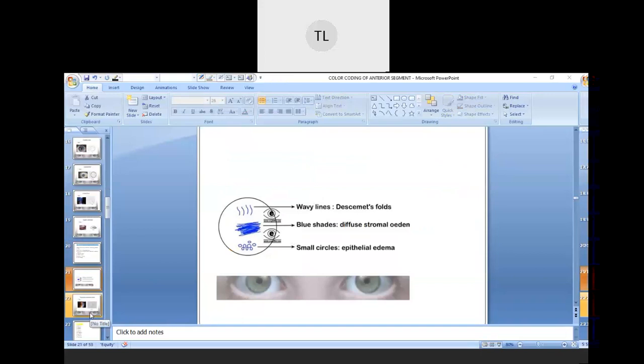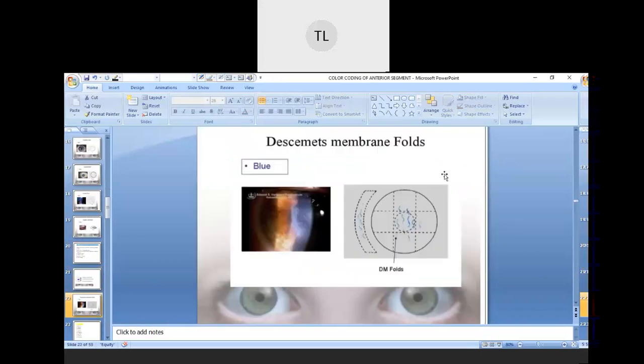So this is your Descemet membrane fold. This is how the Descemet membranes will look. You have to be very specific with the position. All of these folds, like your Vogt's striae, Haab's striae, and this DM fold, will almost look the same. They have some specialties, like whether they are vertical or horizontal, but the main thing you have to keep in mind is their location. It is very important to denote their location as well.